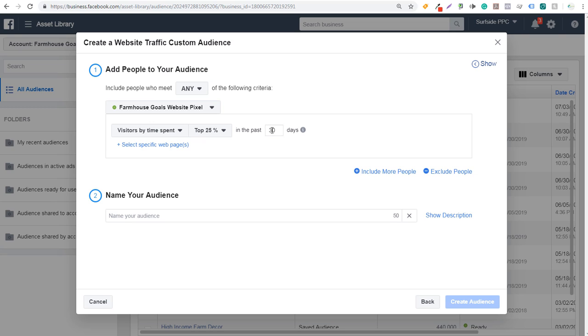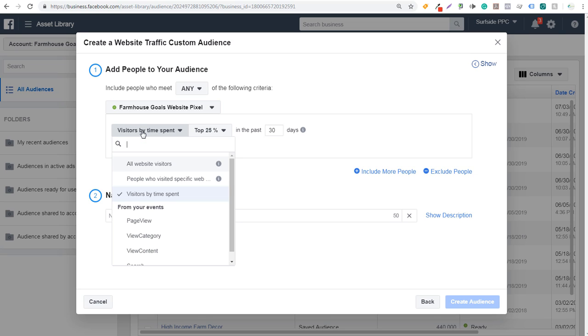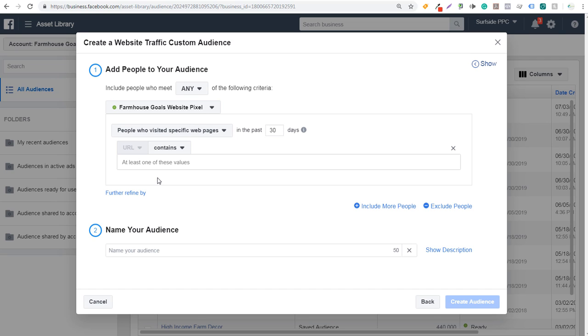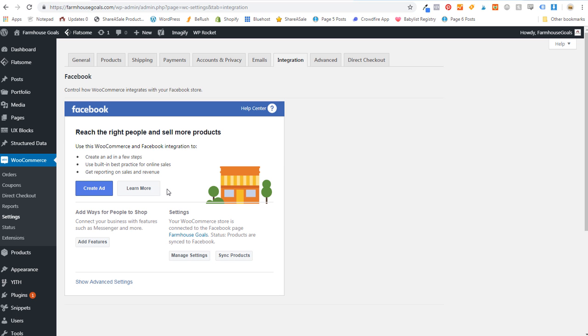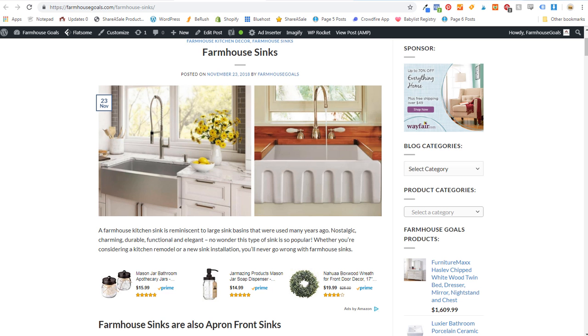So it's a great way to reach people who have shown the most engagement with your website. The next thing we can do is if we click on the drop down, we can do people who visited specific web pages. So I can do URL contains, and one thing you can do is, let's just say, for example, we're going to come over to our Farmhouse Goals website real quick, and I'm going to give you a couple different examples. So a page right here,